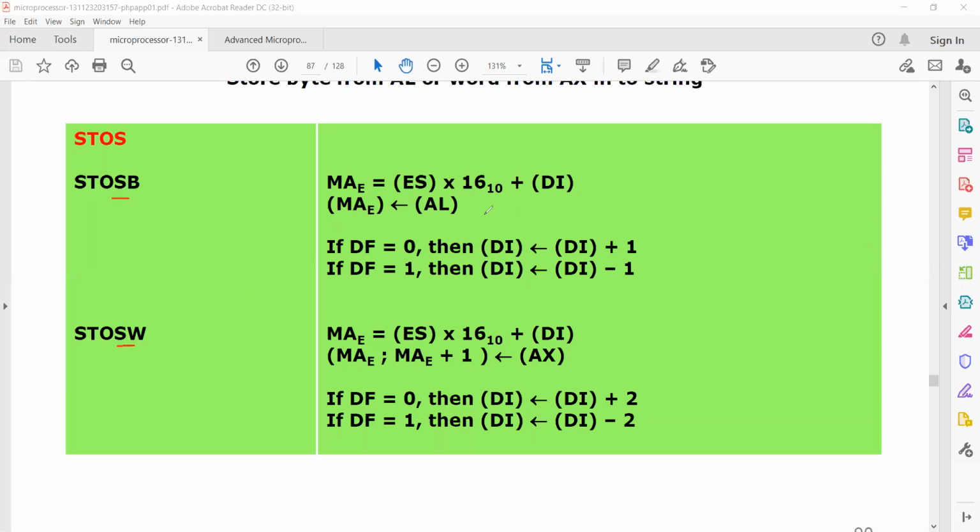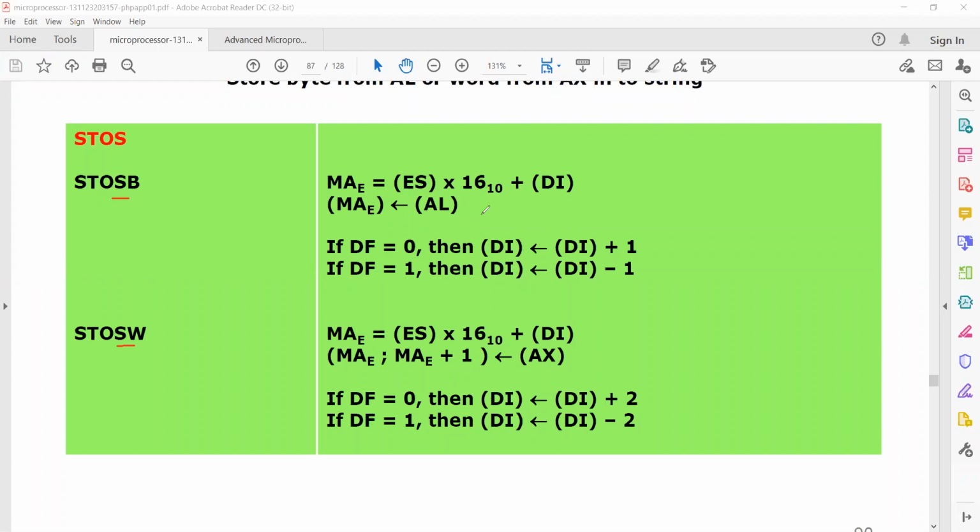We can store a string byte or we can store a string word. As we are storing the value that was obtained to a destination address, that means we already have the value. That value is already there in the accumulator, and it has to be stored to a destination address in order to access it or for further proceedings.